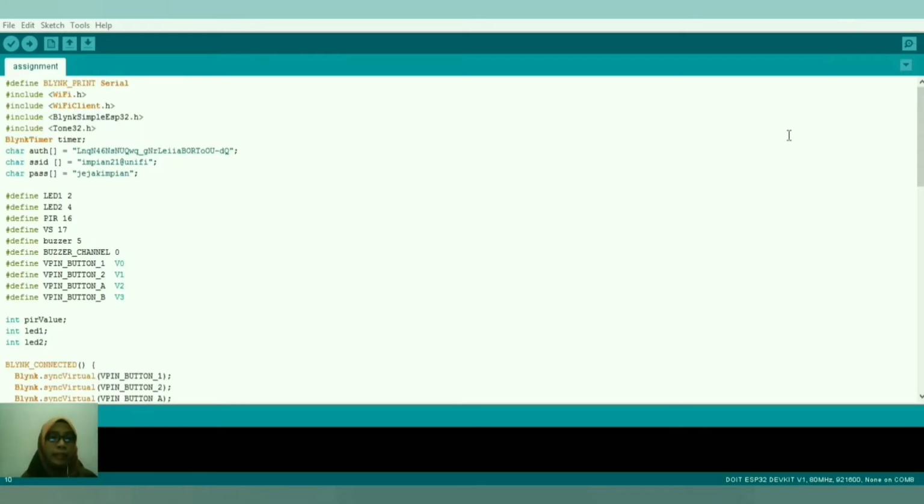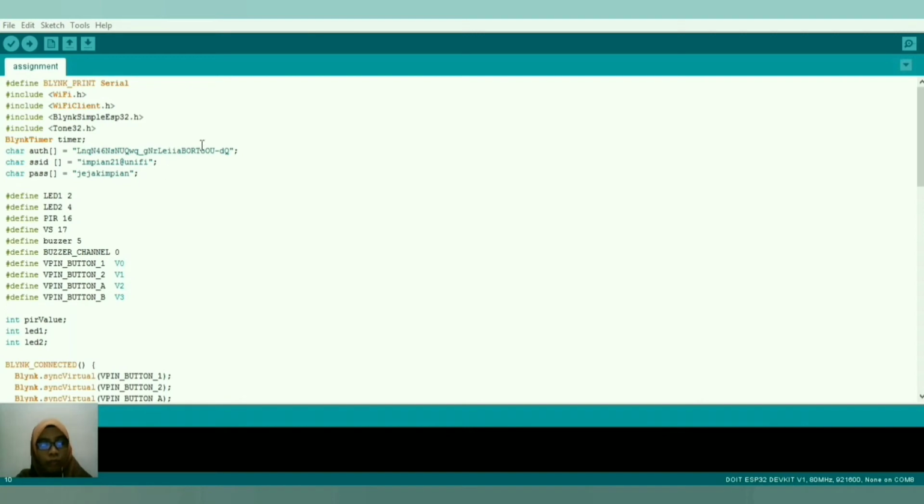Okay, this is the program that we're gonna use for the project. Here are the libraries that we use: the Wi-Fi, the simple ESP32, and the tone that I use for the buzzer. And these three are the main things for the Blynk application, where we need to input the authentication token and the Wi-Fi that we use.